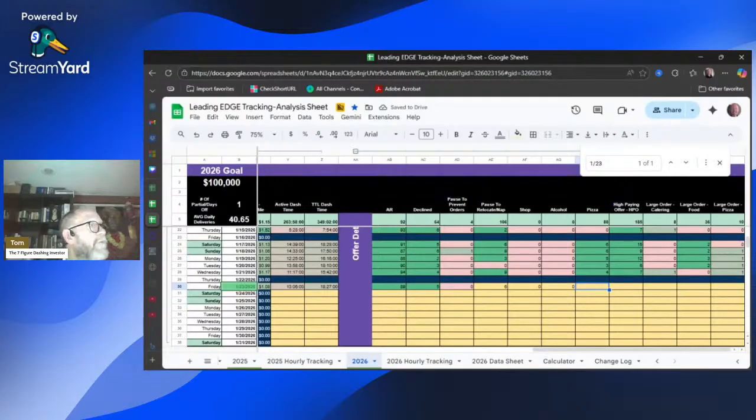Looks like we're buffering for some reason on the live. Looks like my computer's chugging along. My other computer's chugging along, and that's